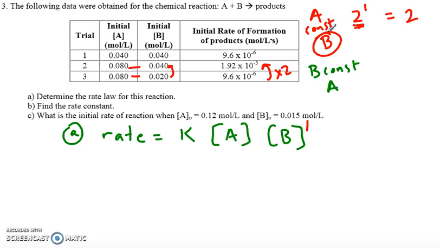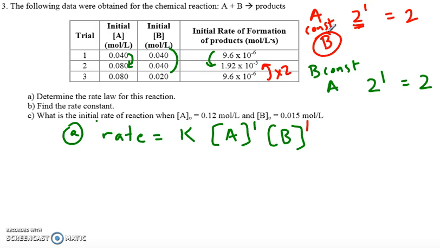What's happening with A? So let's go back and look at our data table. What we see where B is constant, that's going to be trials 1 and 2. What's happening here from trial 1 to trial 2? We see a doubling of A. So a doubling of A, what's that effect on the rate? Well, from 9.6 times 10 to the negative 6 up to 1.92 times 10 to the negative 5, the rate will double. So again, this is first order for the reactant A as